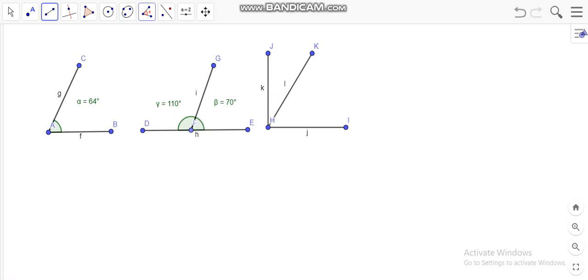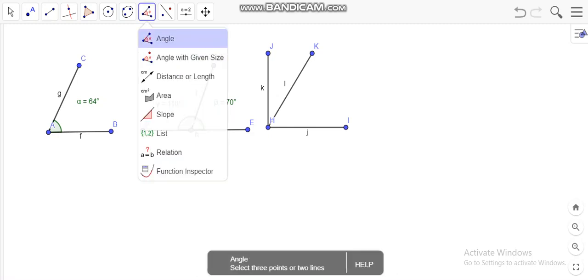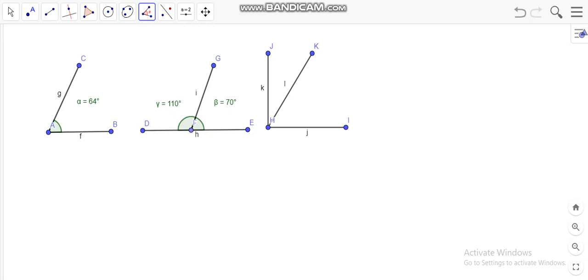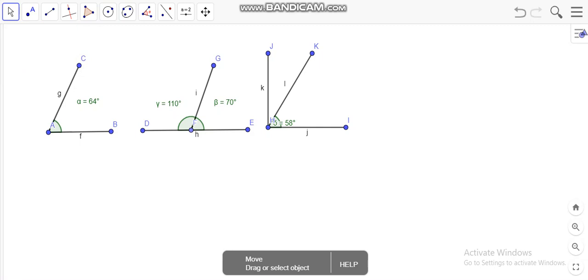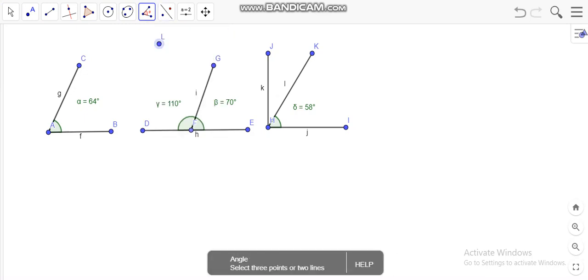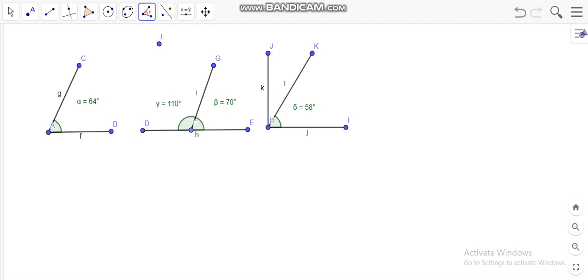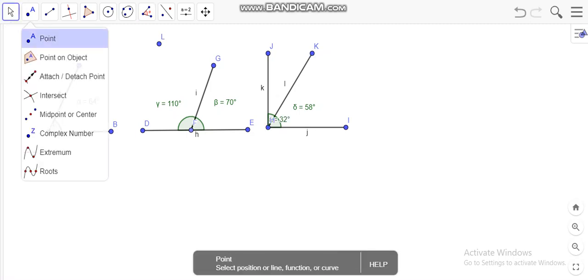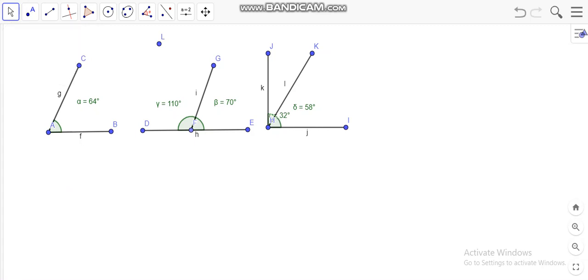Now let's put measurements to these angles. We go on angle. Now we go clockwise once again. As you can see, it does that again. Now we go over to move, take the text, and okay. Now let's measure this one. Sorry, we unselect that, we select this, we select that, and boom. Let's move that text over to here.